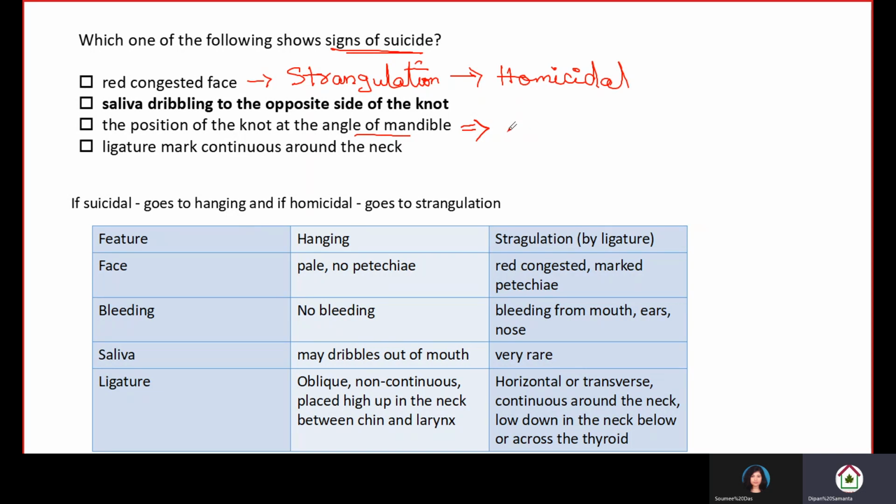And ligature mark continuous around the neck is also a sign of homicide. But saliva dribbling to the opposite side of the knot, this shows